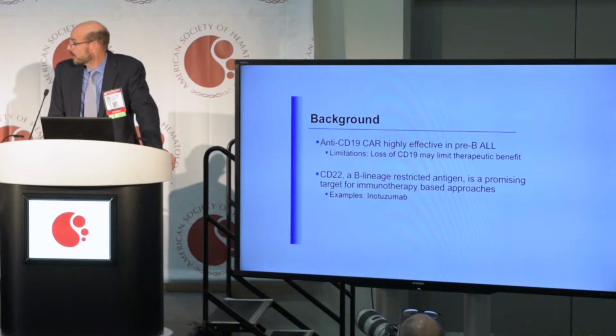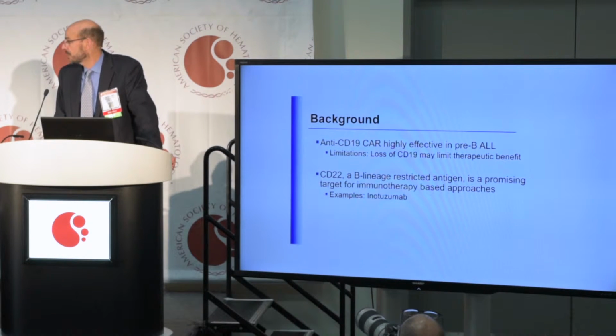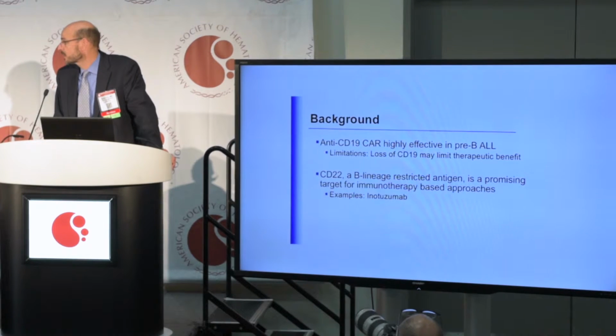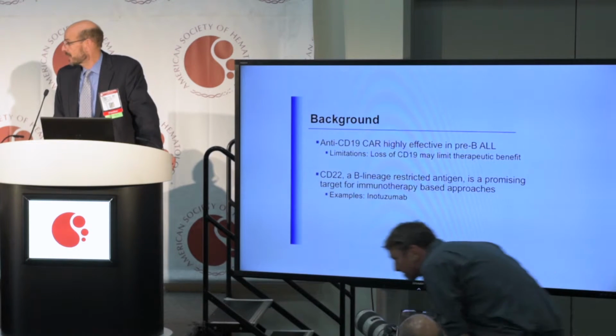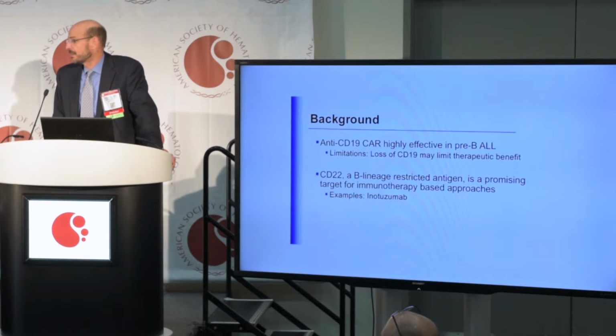I think most people in the room are familiar with the success with the CD19 chimeric antigen receptor expressing T cells in B-ALL, with complete remission rates approaching 80 to 90% in treated patients, now in phase 2 clinical trials. We're learning now that one of the limitations of this approach is loss of CD19 expression occurring in potentially a substantial number of patients, although that has not been systematically analyzed. CD22 is a well-defined alternative target in B-ALL, and there are existing monoclonal antibody toxin conjugates that have shown efficacy